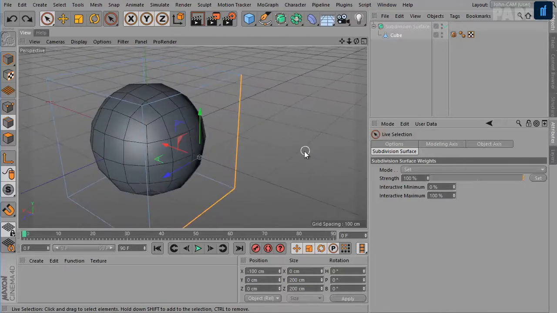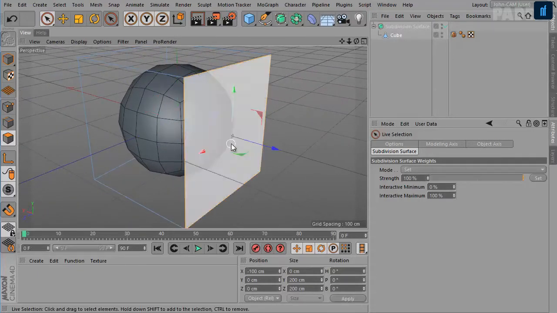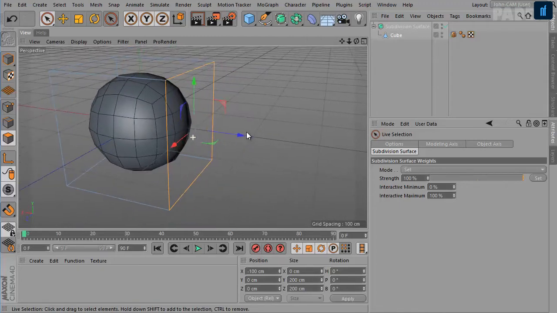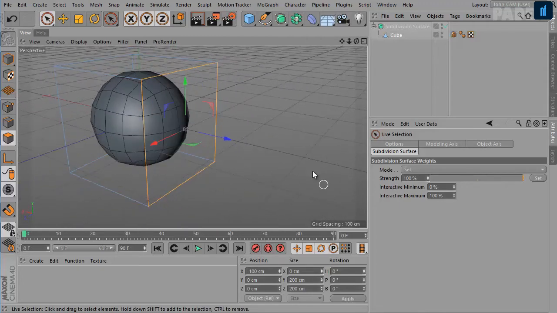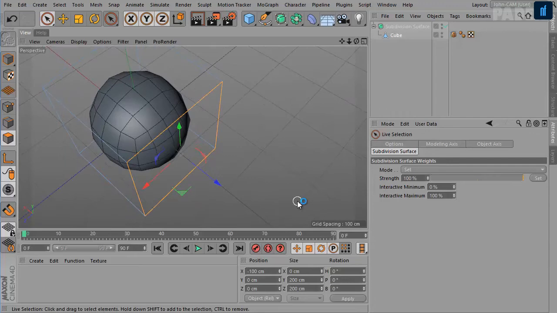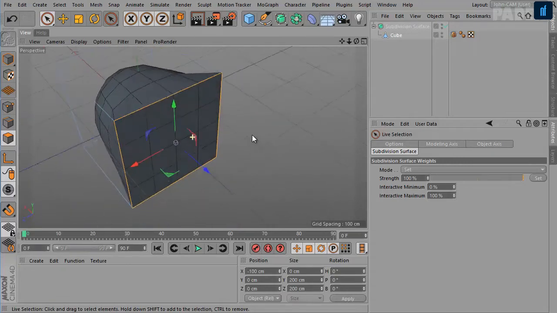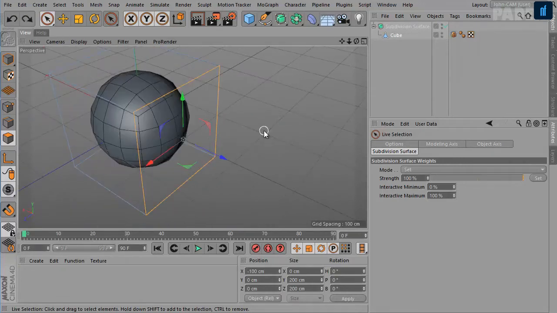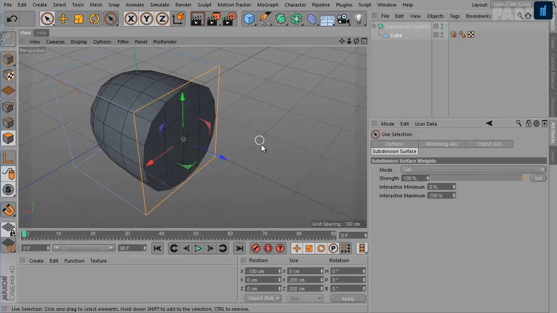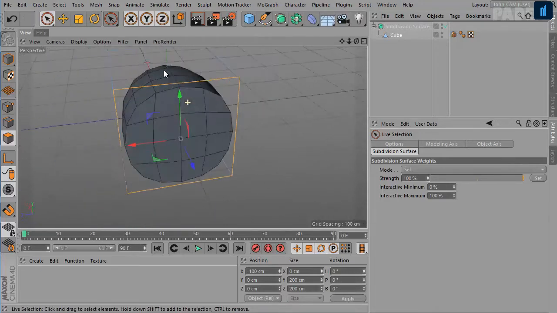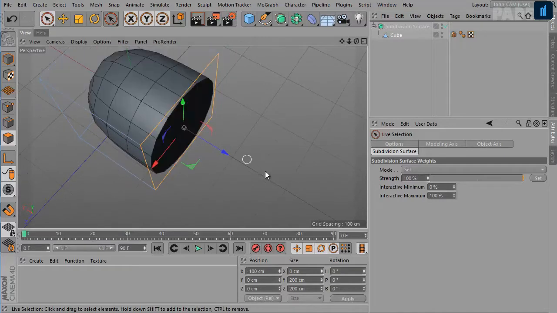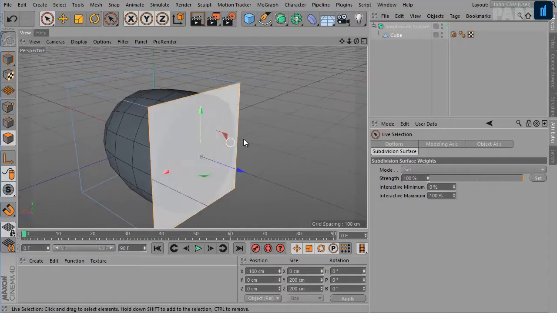Okay, let's try on polygons. Select a polygon, hold down the period key, Shift key and drag, or hold down the period key and Control drag. So for control dragging this face, we get this rounded shape here.